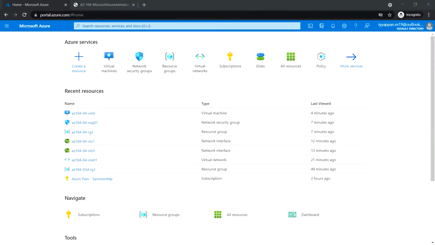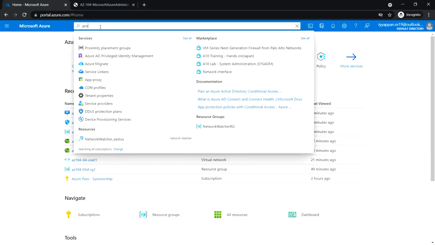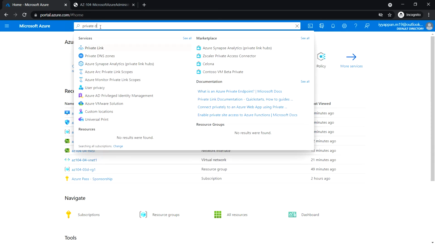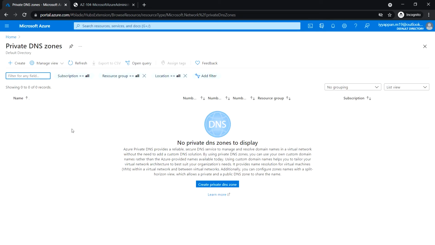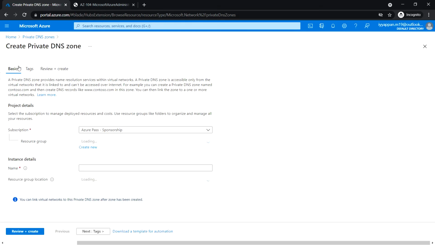In task 5, we are going to configure DNS name resolution within a virtual network by using Azure Private DNS Zone. Search for Private DNS Zone. Click Create